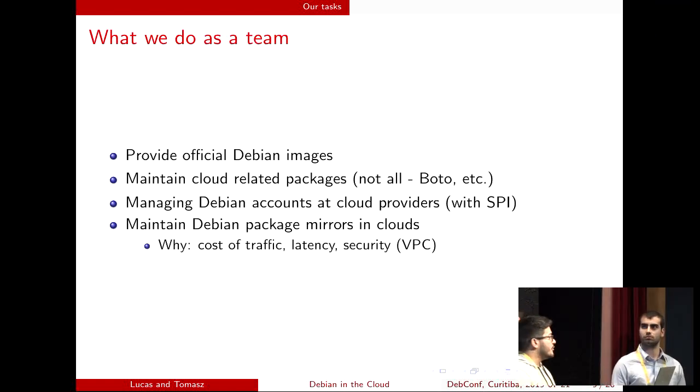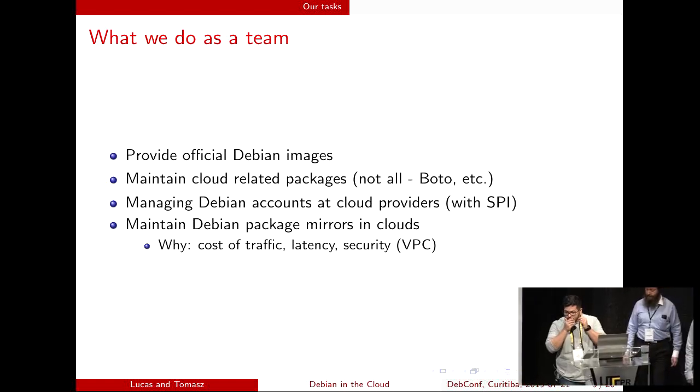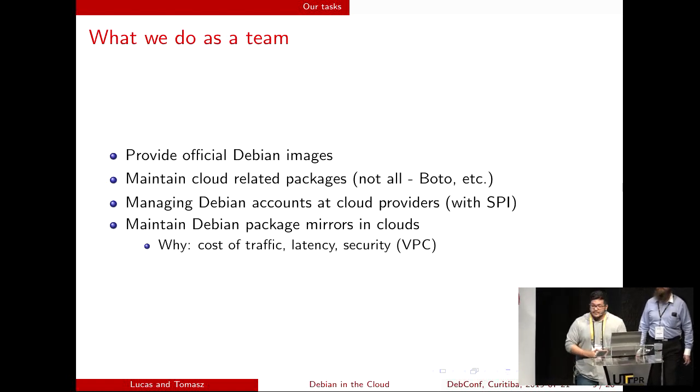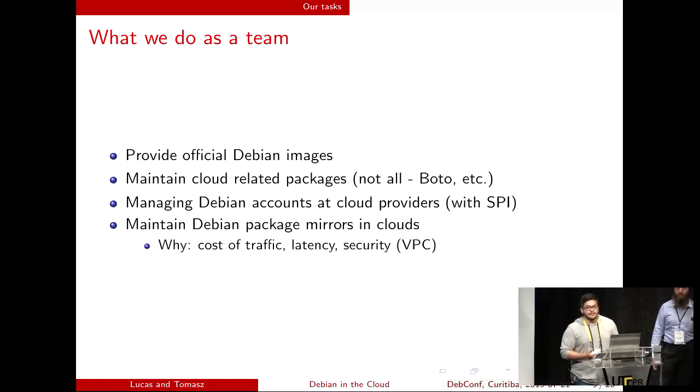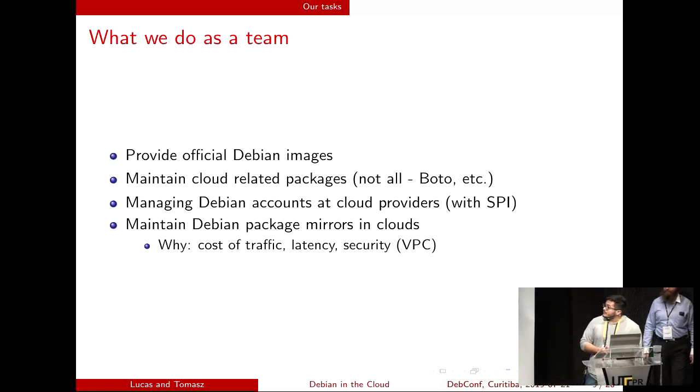Okay, so you already know about the history of our team. As you can see, it's a new team, so we have, I don't know, 5-6 years working on this cloud stuff. But what do we do as a team? What are our responsibilities? Our main goal is to provide official Debian images to run in the clouds, those different clouds, public clouds, private clouds. And to do that, we maintain some cloud-related packages, such as cloud-init,